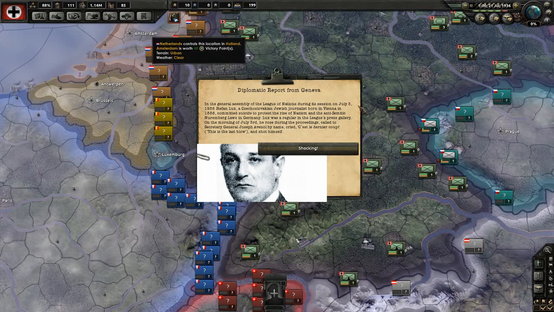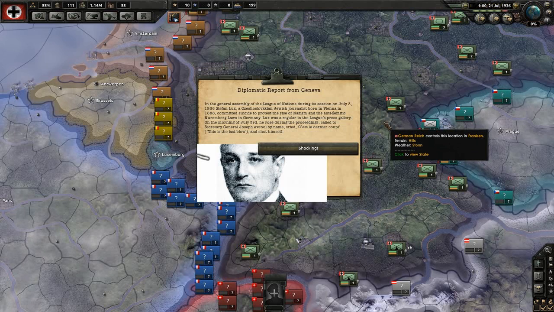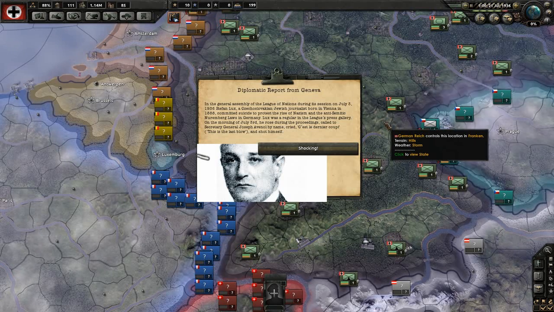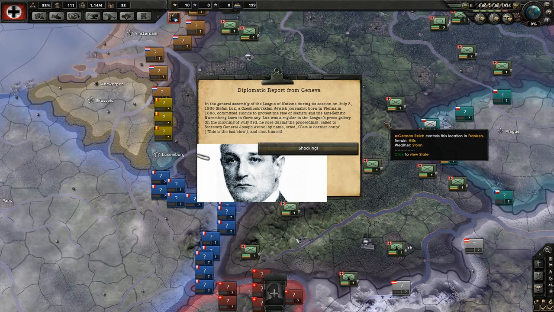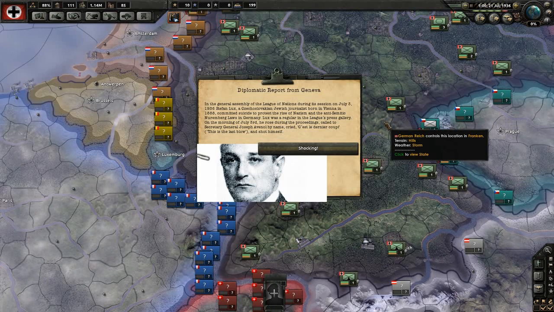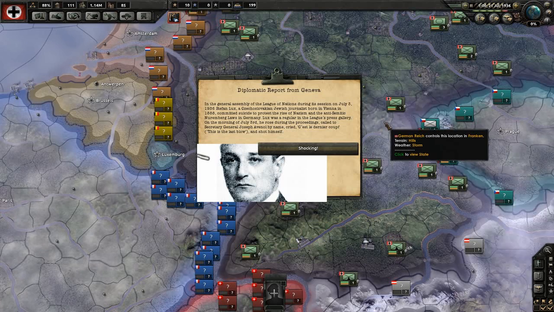Okay, we've got a diplomatic report in from Geneva, Switzerland. In the General Assembly of the League of Nations during the session on July 3rd, 1936, Stefan Lux, a Czechoslovakian Jewish journalist born in Vienna in 1888, obviously because Czechoslovakia is part of the Austro-Hungarian Empire, committed suicide in protest to the rise of Nazism and the anti-Semitic Nuremberg laws in Germany. Lux was a regular in the League of Nations press gallery, and on the morning of July 3rd he rose during the proceedings and called the Secretary General Joseph Avenol by name and cried,